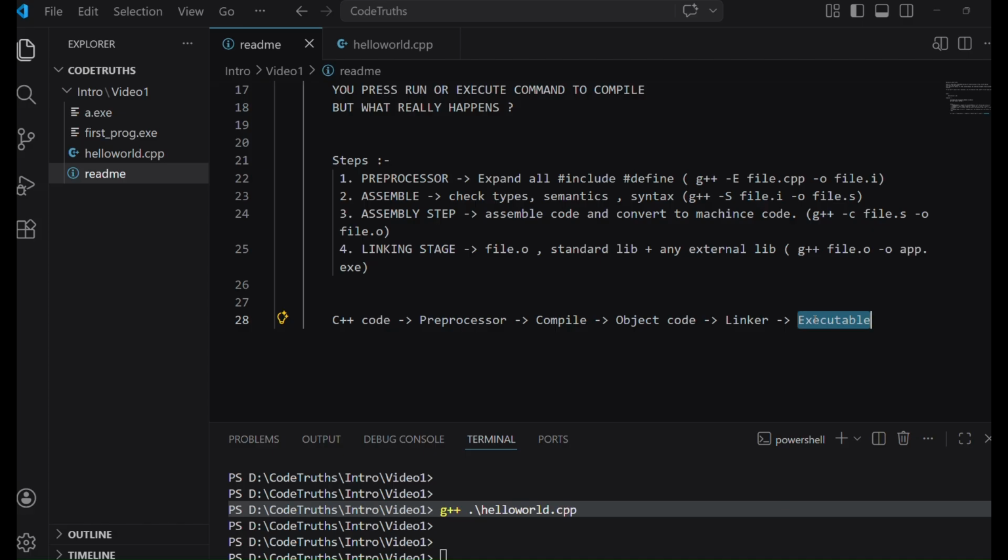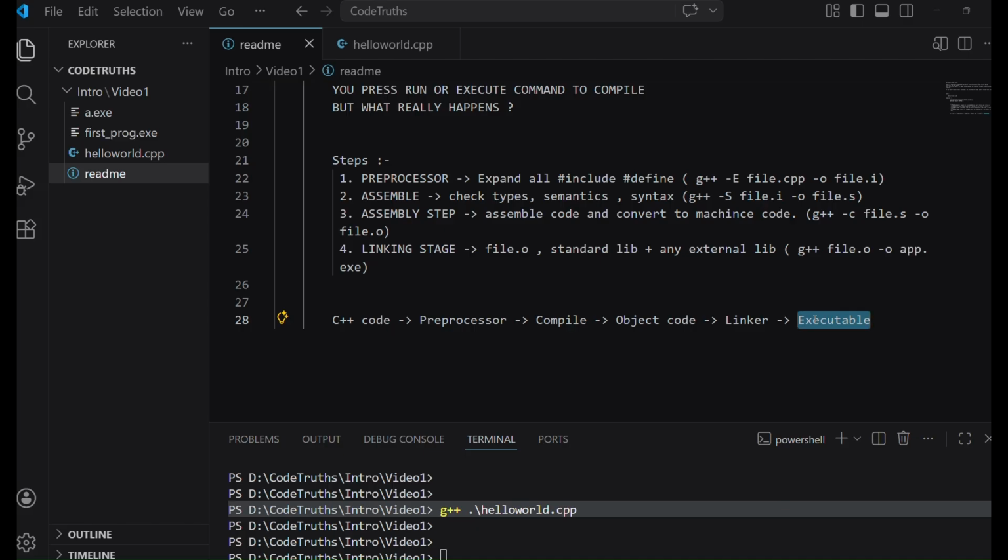You need to understand, you need to think logically. It's not magic. Everything is steps and everything is included here. So keep this in mind. You need to understand everything. It is not as simple as you are thinking. There are many steps involved. A simple compilation command includes many steps, right?